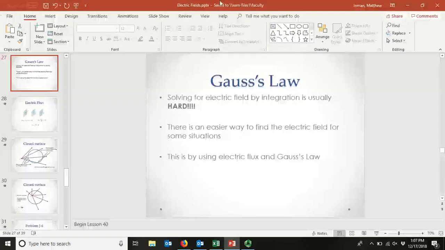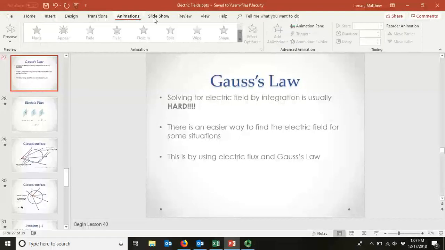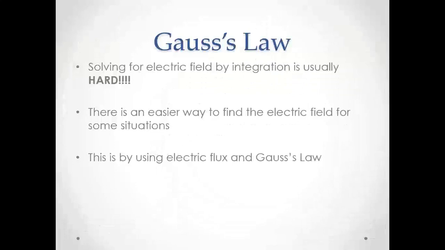Okay, so in this lesson we're going to start talking about a concept called Gauss's law and give some basic background information about Gauss's law, when we get into looking at another way to calculate electric fields. Now the reason to use Gauss's law is actually pretty simple, and the reason is if you're